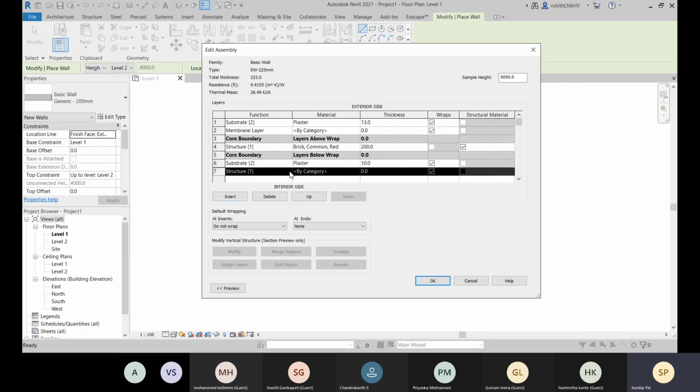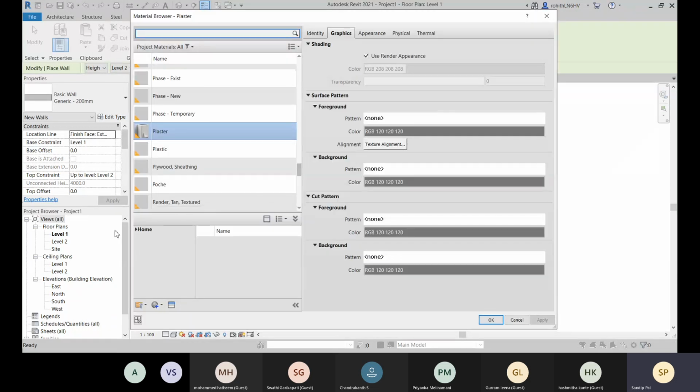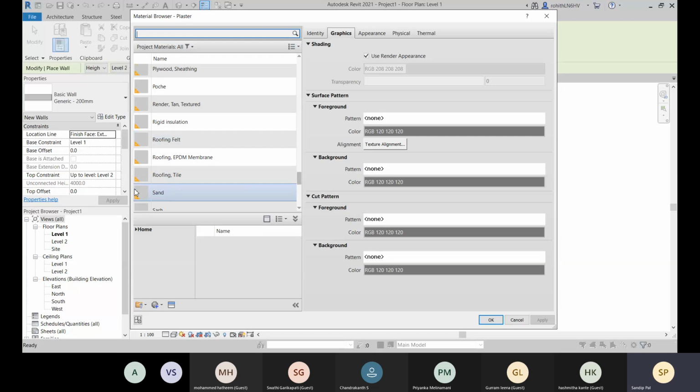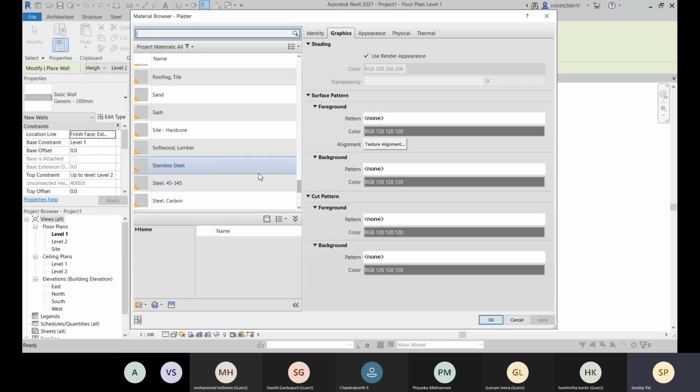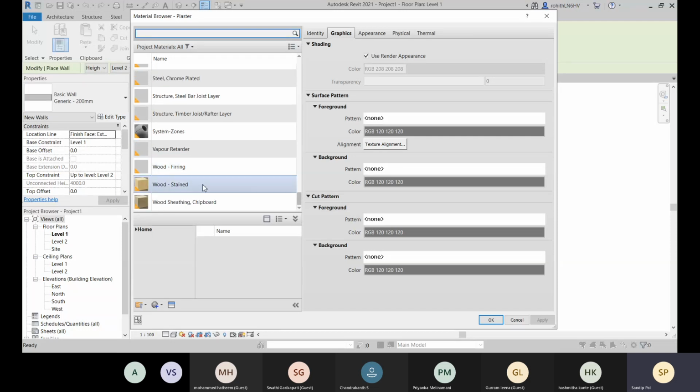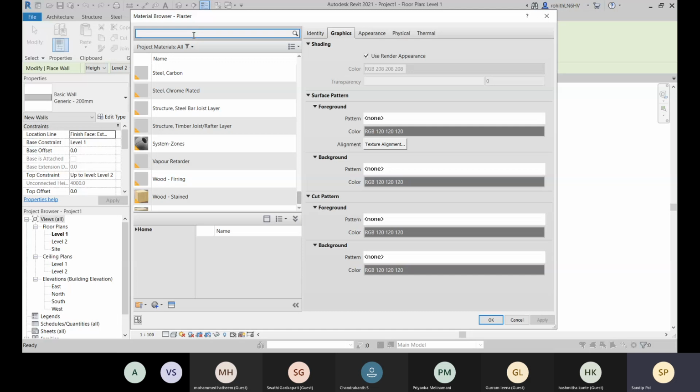These two, and this one go with this. You can create your own material also. Like let me choose some.